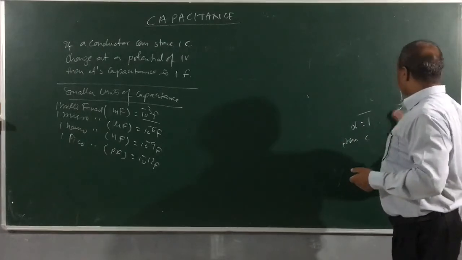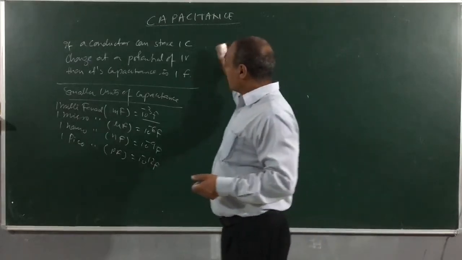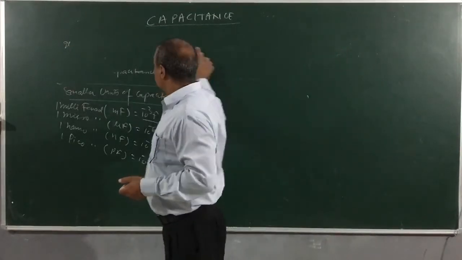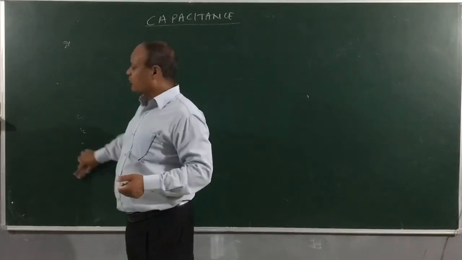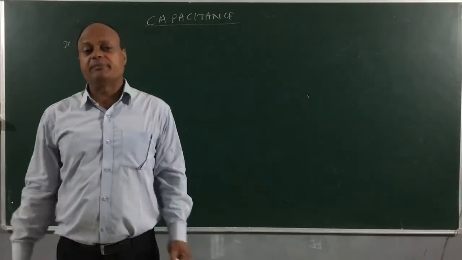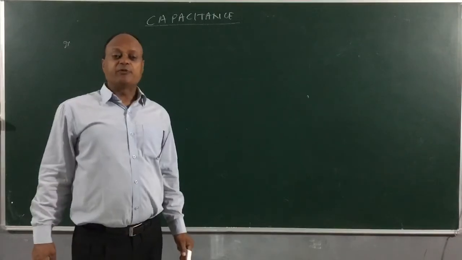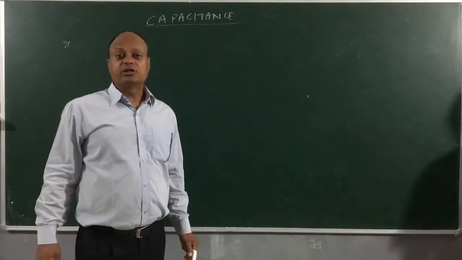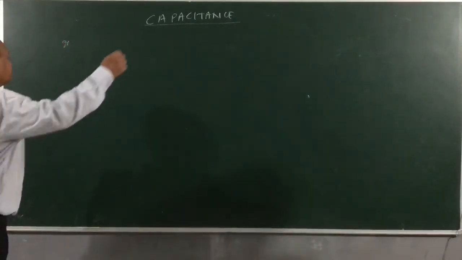Even if you make a conductor as big as Earth, imagine having a conductor as big as what? Earth. Then even that conductor will have capacitance of only 7.13 into 10 to the minus 4 farad. We will be discussing that capacitance of Earth, but before that we will be discussing